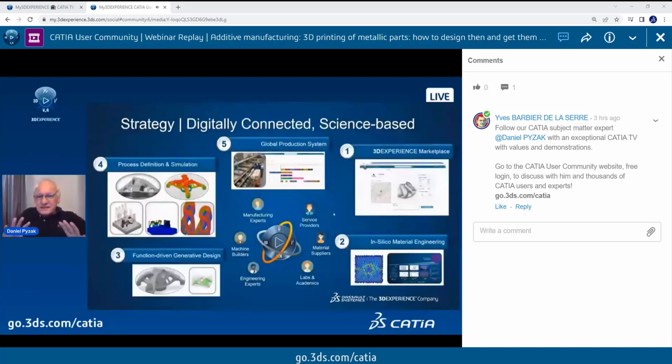Okay, the strategy is very simple. First of all, you have to understand that for Dassault system, additive manufacturing is not just an evolution of the manufacturing process, a new way of manufacturing part. Yes, it is. But it has an impact on the design of the part, as it has an impact on the material used for the part. It is for Dassault system a real revolution. And in front of that revolution, Dassault system decided